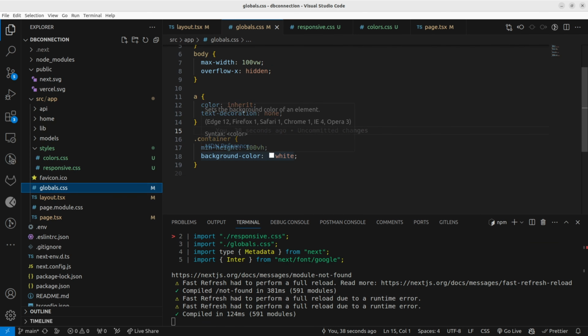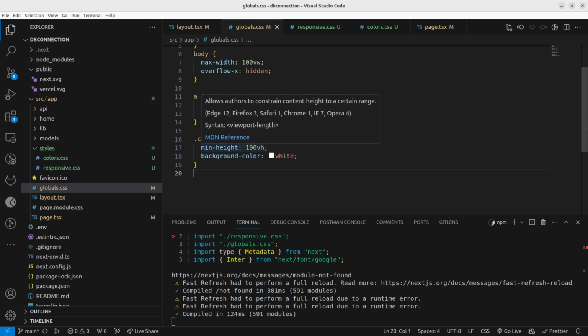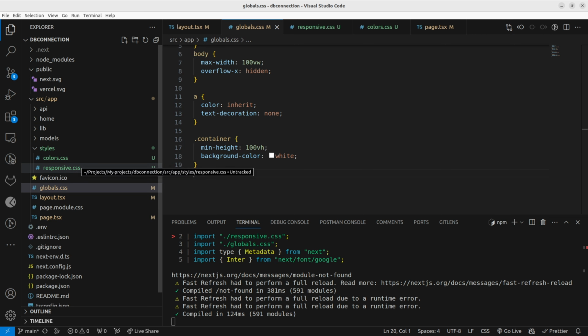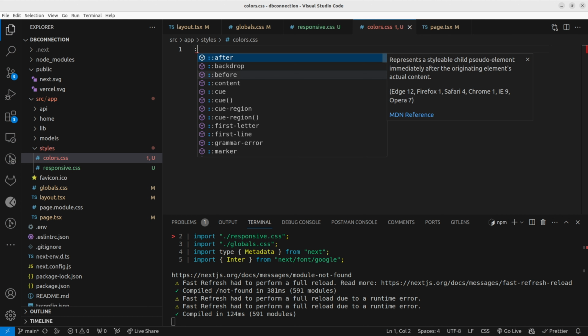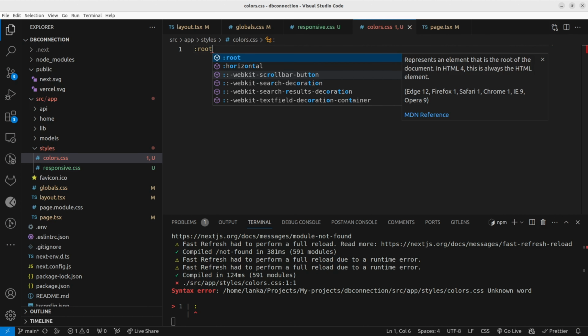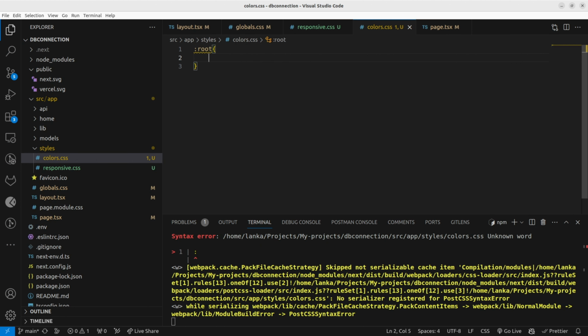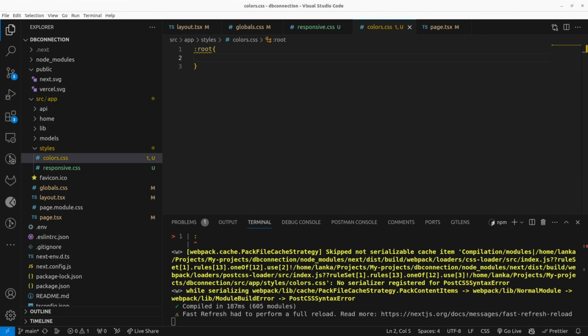All good. And for the container class, I have given a min height of 100% of the view height and the background color to white. So when we add colors, make sure we use this colors.css file that we have created. So for that, what we are going to do is we are going to create something called CSS variables in the colors.css. So to do that, let's define our root element here,